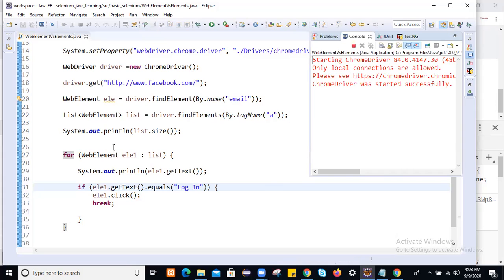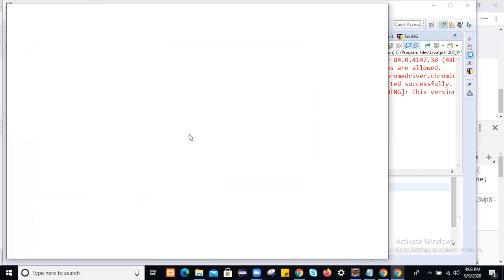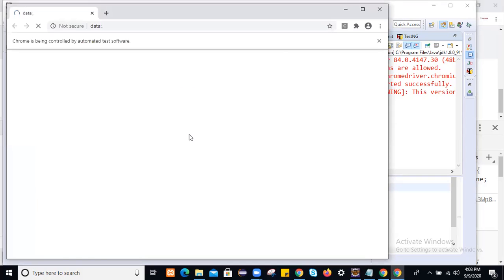We can set the iterator, and that iterator will iterate one by one. It's loading the page. Need to load the full page.